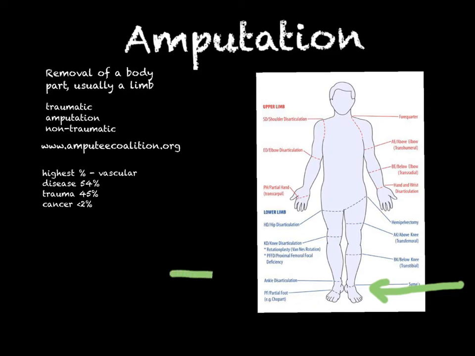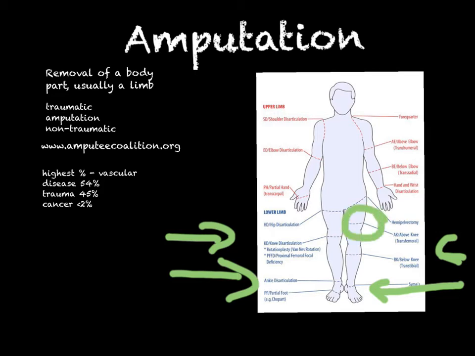Ankle disarticulation here is removal, a disarticulation, when you amputate right at the level of a joint. Then we have below the knee, or transtibial, above the knee, aka transfemoral. Actually, I think they showed it here. Okay, and then there are knee disarticulations, hip disarticulations. So really, the higher up you go, the more function you lose. And they try to preserve as much of the limb length as possible.